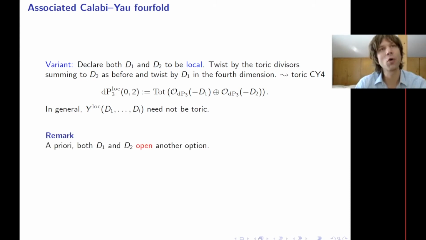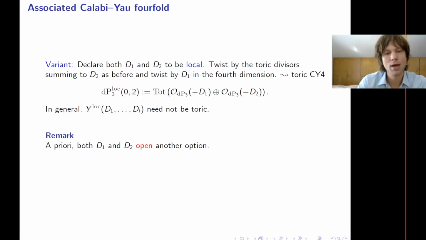You can always deform it to a toric one at the price of creating some -2 curves or worse. It could, or -3 curves can occur. And another thing we could have done is we could have declared both D1 and D2 to be open. So we could have removed both divisors. And in fact, when we have 3 components, we do remove 2 divisors, and when we have 4 components, we